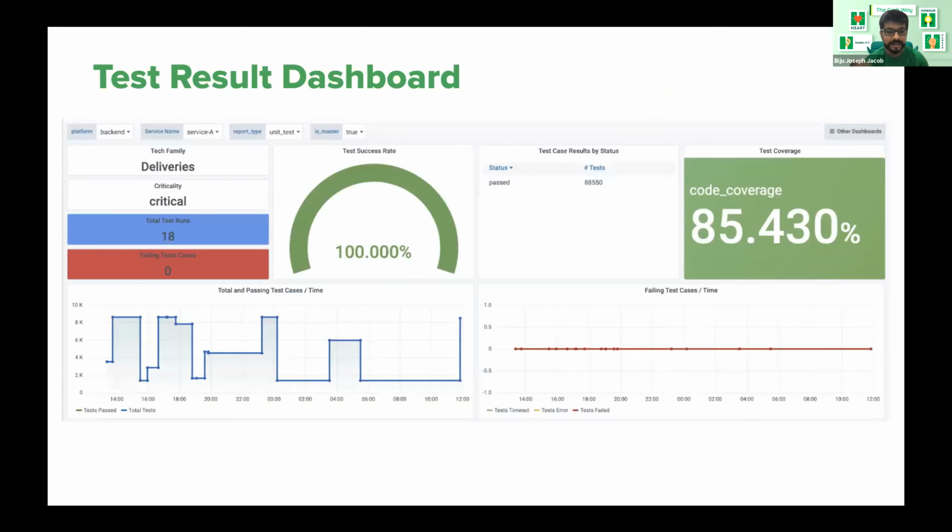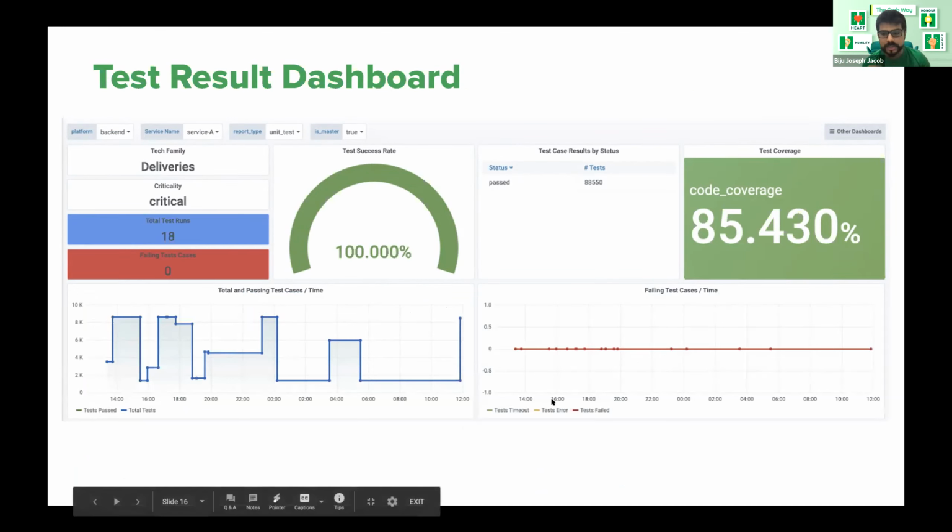A chart might look like this. This is actually a snapshot from one of our services. I've wiped out the service name on top out there, but you can see that they ran 88,550 tests in, I think this was a 24-hour window, and you can see the trend of how they ran those tests.